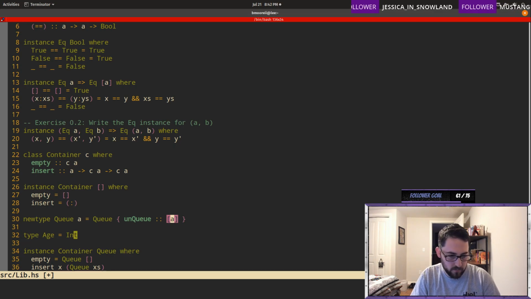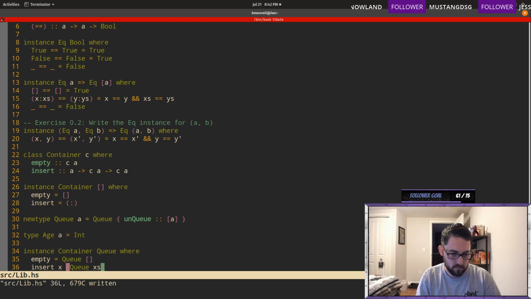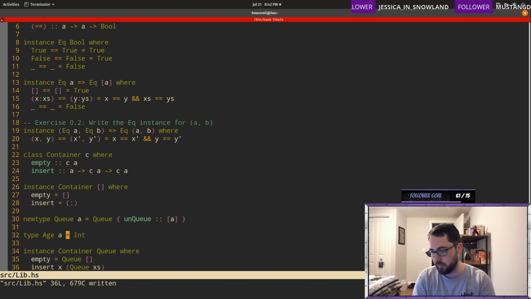Oh, they can? Interesting. So data creates an actual new type. When you do anything with data, it's creating a new type to use it.